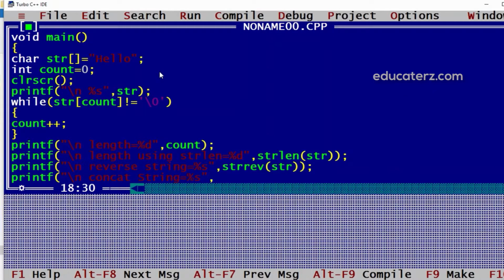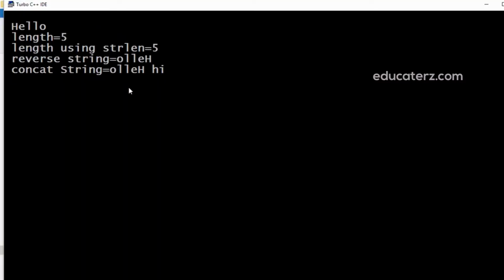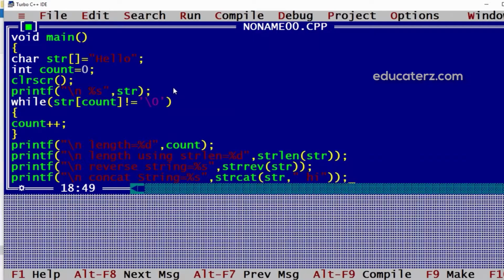So here we can have concat of str with another string. Another string I can take as a variable, or I can just directly give the value. So we can see the reversed string is concatenated, because the string is already reversed, and after that we are calling concat on that. So this way we can use built-in functions which are present in string.h.